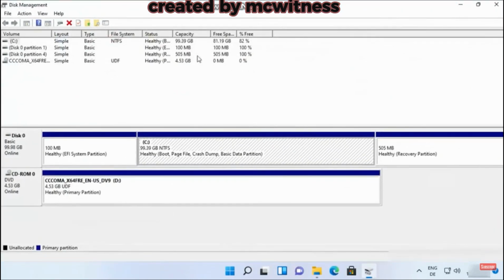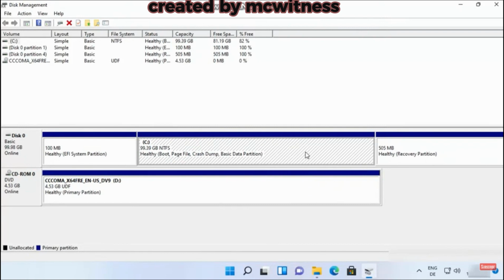Once this window is open, you can see I have the C drive here and I want to create a partition on this drive. You might have multiple drives here. It might be D drive and E drive. So whatever hard drive you want to choose for your partition, you can select that drive. Okay, so once you have decided on which hard disk you want to create a partition,